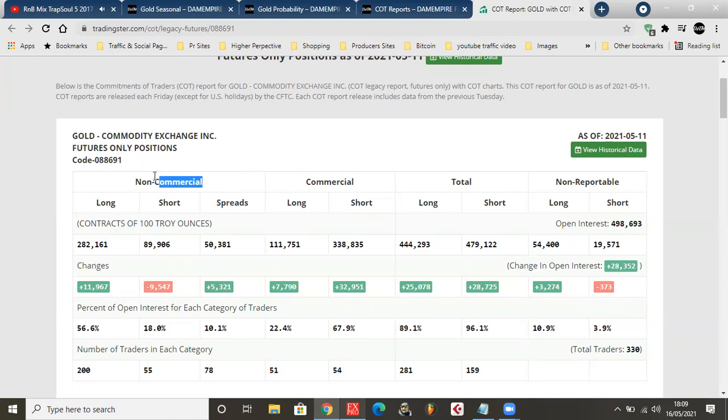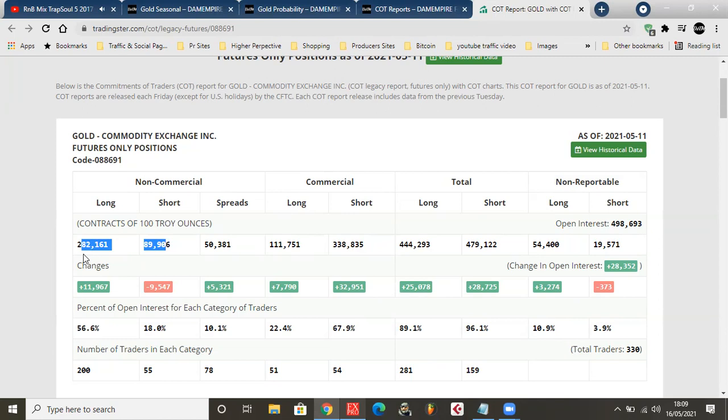Now, the non-commercial guys are some of the hedge funds, for example, some banks fall under this category as well, and retail traders fall under this category. So mainly the small guys are here while the big boys are here. If these guys are dropping 1 billion or 2 billion into the market, these guys might be dropping 500 million. I would bank on these guys more than on these guys because they have more cash and more position size. You can just look at the size of their position,